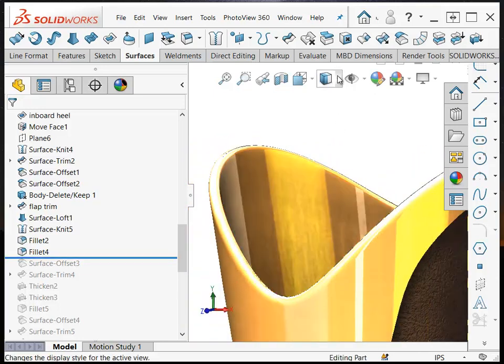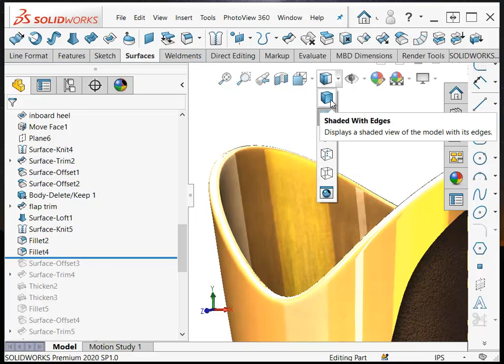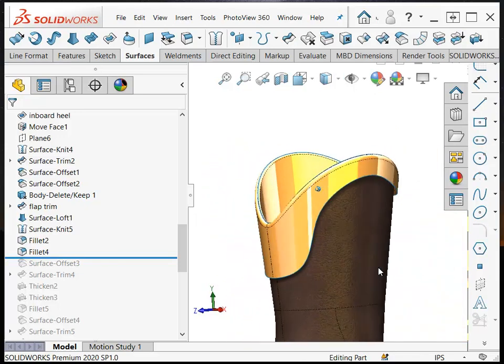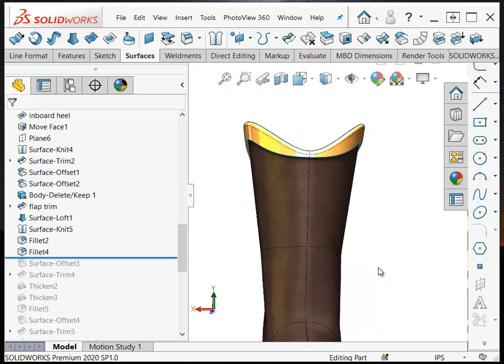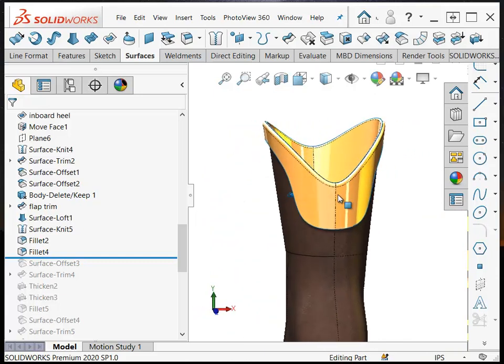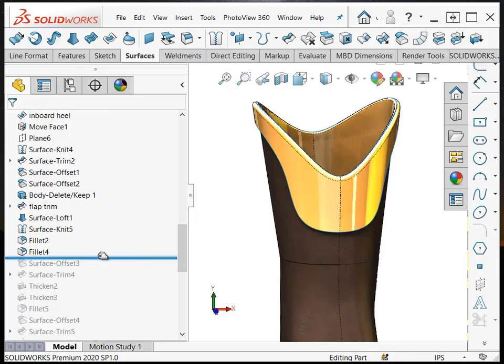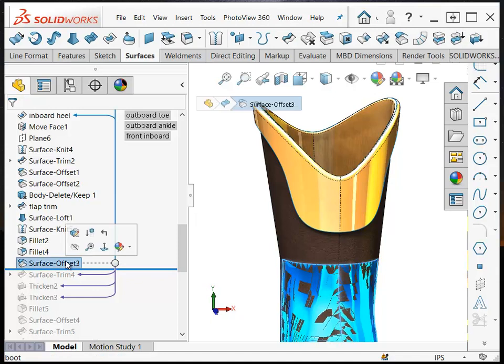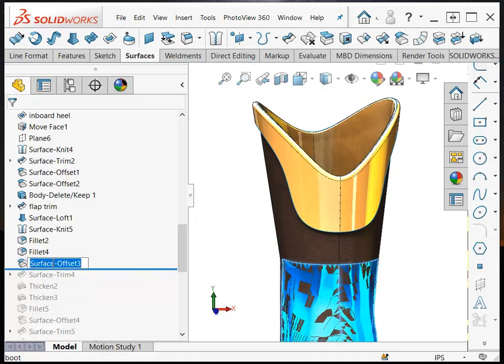This might be better if I use the edge display shaded with edges. That helps you see what's going on with the model a little bit better. Then I wanted to put my emblem, a little Z, on the back here. And to do that, the first thing I did was I created an offset surface. Oh no, here I'm making... This is why you name features, because this should be the toe silver offset,